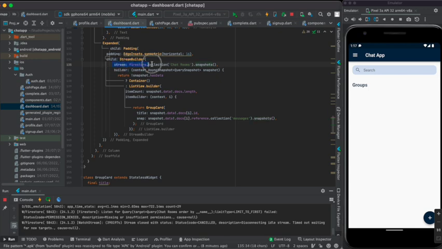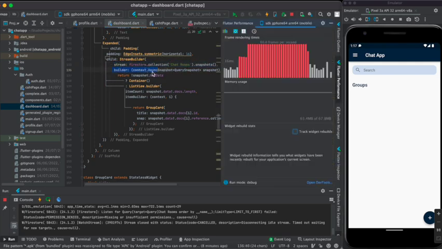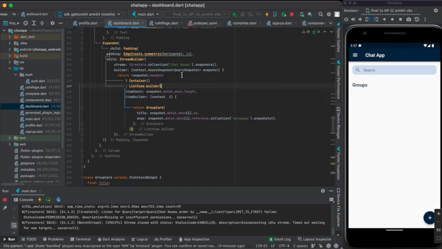So this is our stream builder, so I added the stream here, and inside the builder it will take a context, and a snap, it will return a snapshot. So I am going to return this. I am going to check a condition. If the snapshot has data, then it will return this list view builder, otherwise it will just show you this